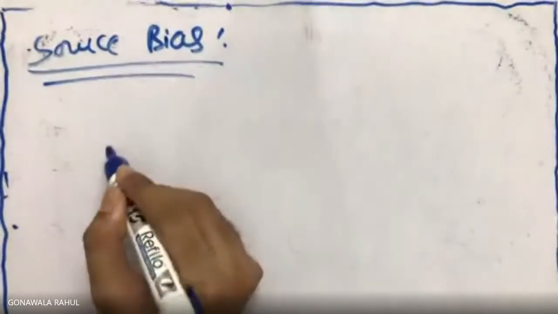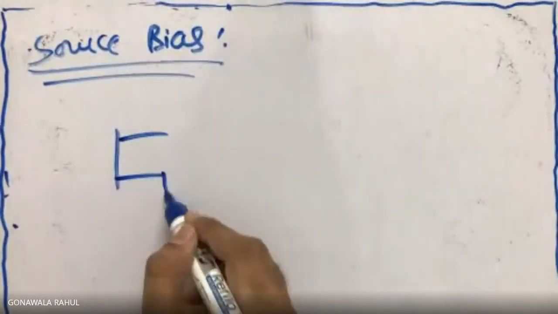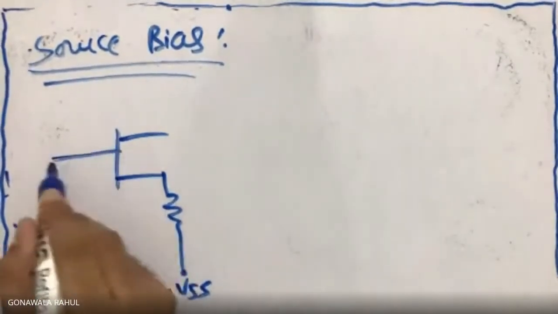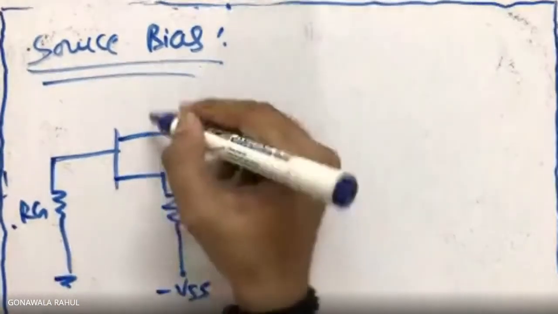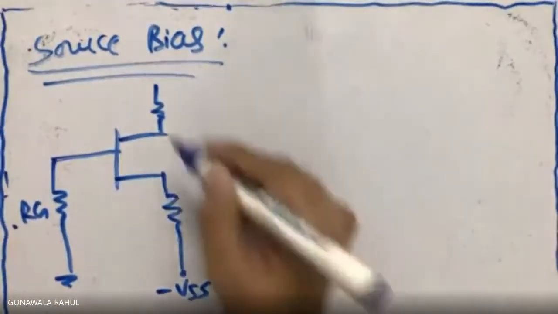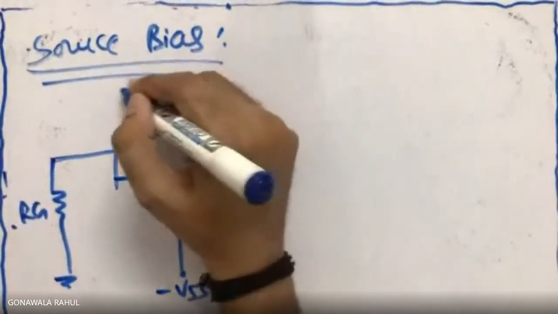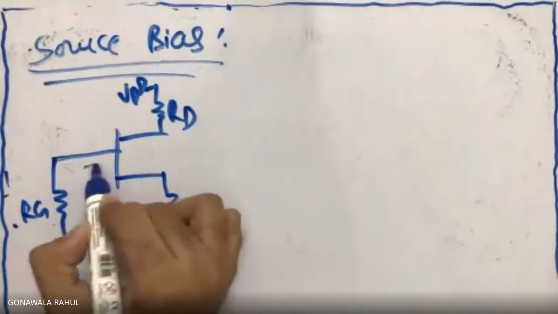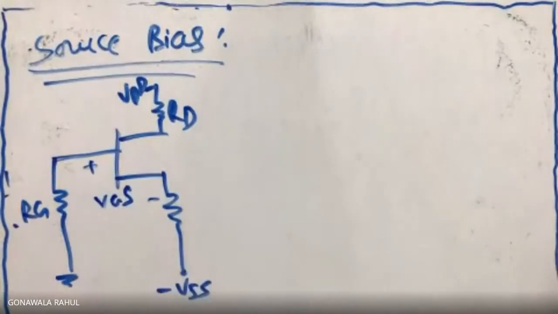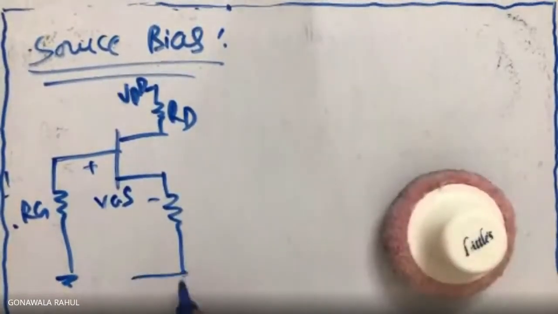So here the circuit would be like this. At the source also, biasing has been provided. Up till now we haven't provided biasing at the source terminal. So here it is also provided. So at the input side the loop would be like this. See, this circuit I modified. Here we have VGS. So I can draw it like this.